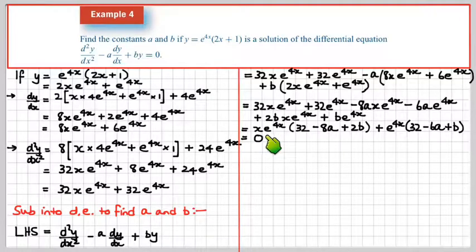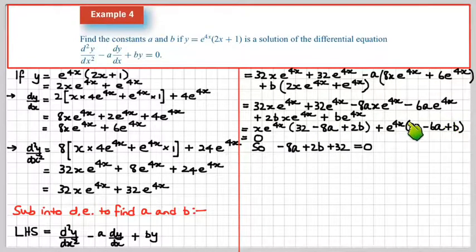Okay, now what does that all mean? Look, basically, we can't have e to the 4x equal to naught because that never equals naught. It approaches naught, but it never equals naught. So therefore, what we are saying is, this one, minus 8a plus 2b plus 32, has to equal naught, presuming x itself isn't equal to naught. Oh, but even if x was equal to naught, guys,